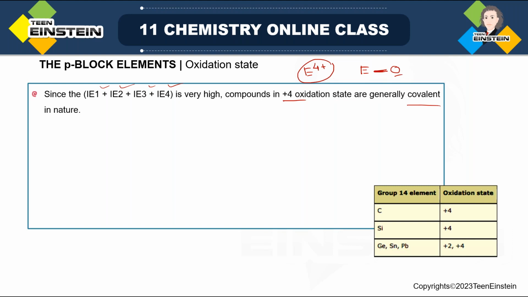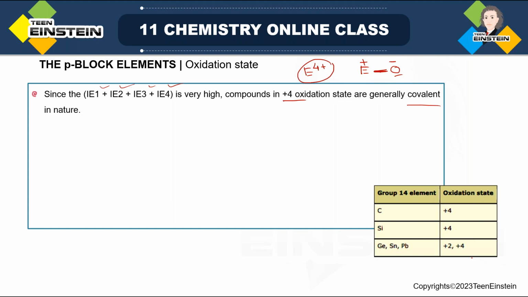So in this covalent bond, you will place negative charge over oxygen and positive over E, because oxygen is more electronegative. So that is why the oxidation state is +4, but that doesn't mean that it is in free state. So don't think that it is simply the oxidation state. But they will form compounds which are covalent in nature, and the reason is the energy requirement is very high if we want to get a 4+